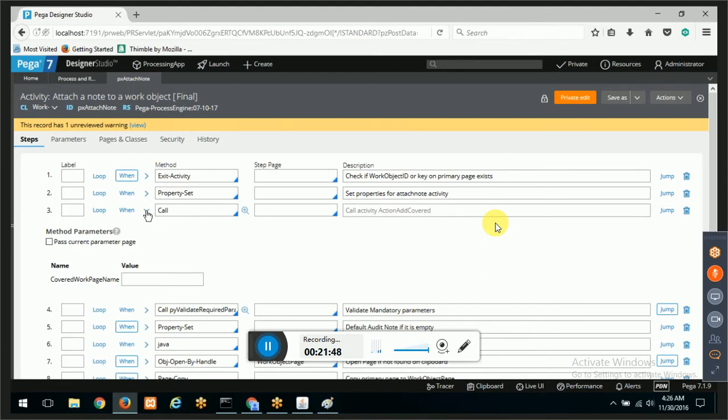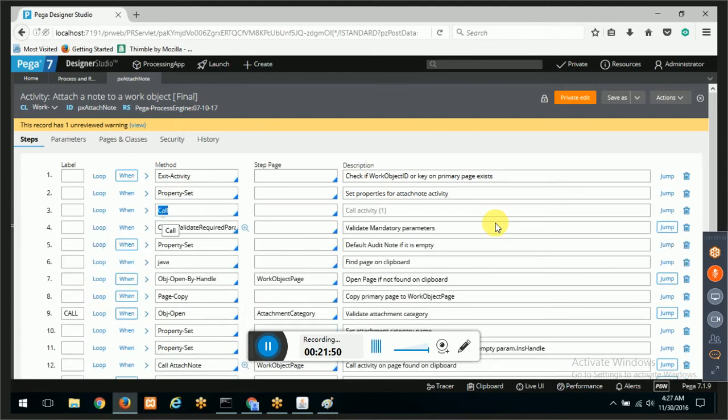Right, so generally people always get confused between these concepts, like what is a primary page. Let me just repeat. When I say primary page, it is a page of that particular class, the class of the activity, which is the context in which whatever you do by default in the methods works. Then the next thing you have is a step page, which can override that only in that particular method. And then you can have